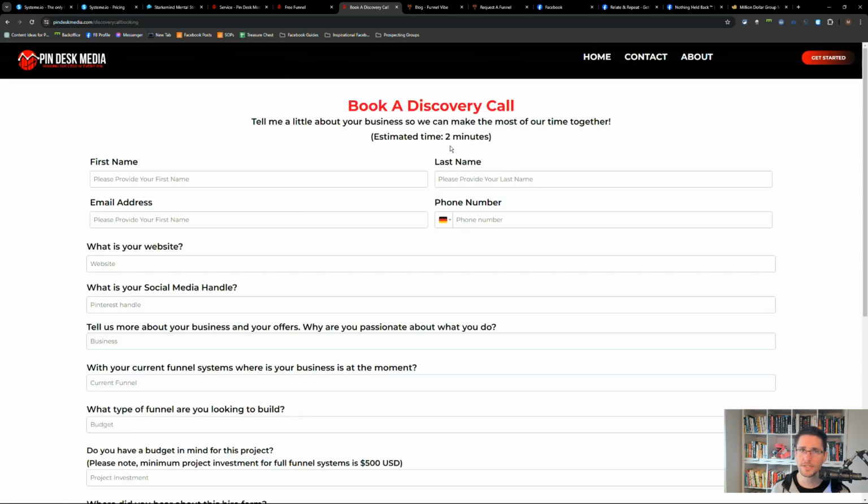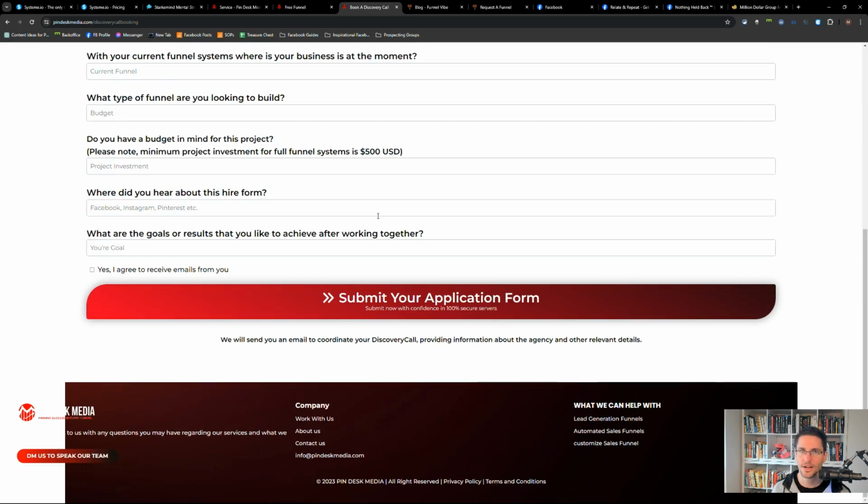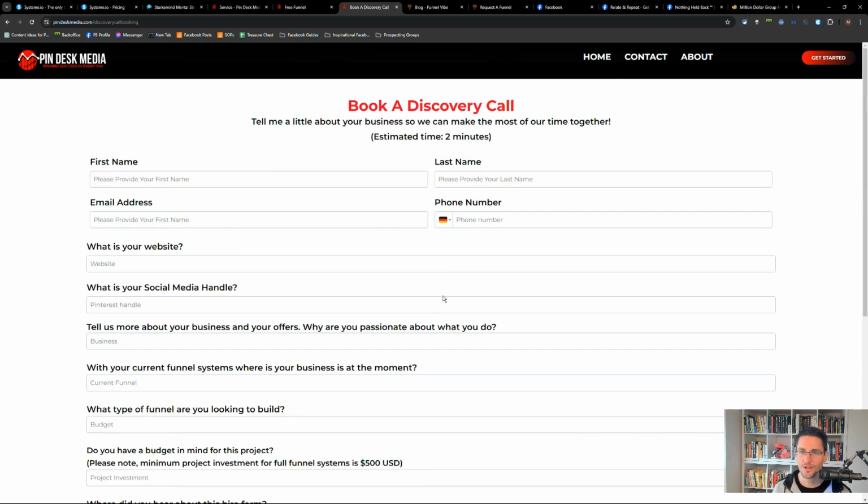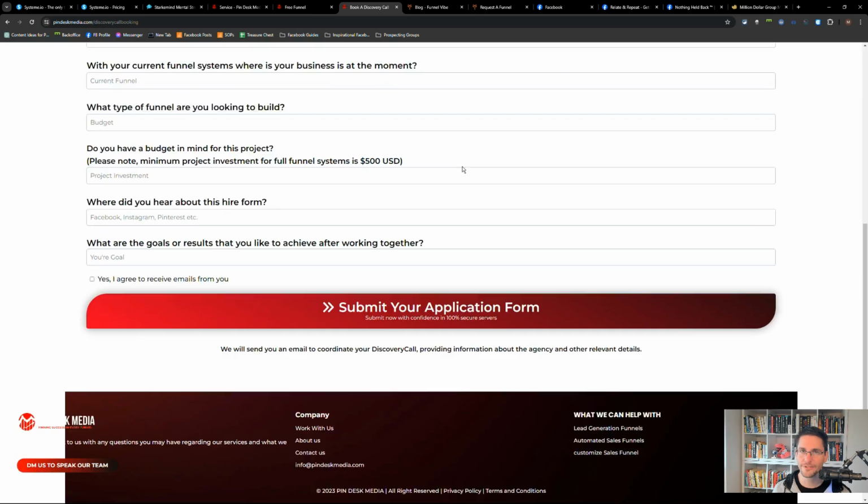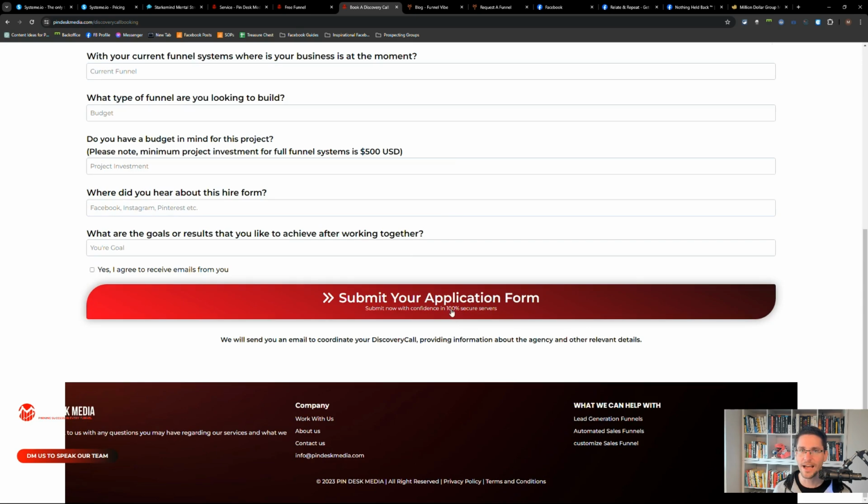If I click on this button, I would expect some form of calendar and not just a form here where it goes into about how to building your funnel. And then it's even called, not a call to action, which is "book a discovery call." Now I even have to apply to work with him, which just does not make sense for me.